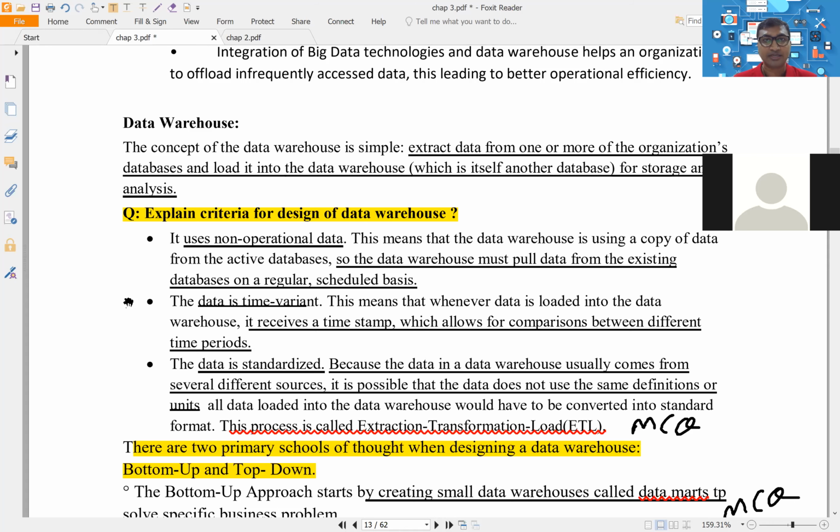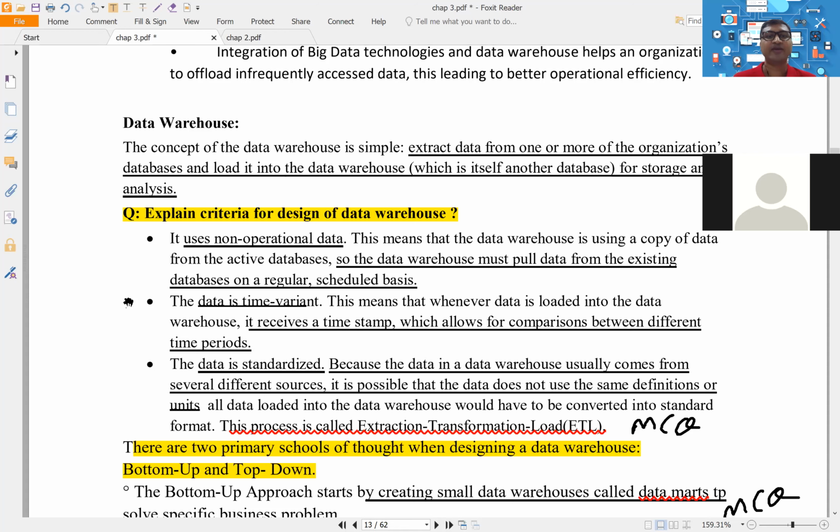Data warehouse is a place which is always dependent on the main databases. You see the diagram. Your data warehouse is dependent on your Maharashtra database, Gujarat database, Rajasthan database. So always remember, data warehouse will never have active data. It uses non-operational data. Non-operational means they are not interested in every single sales entry. They are always interested in main figures.